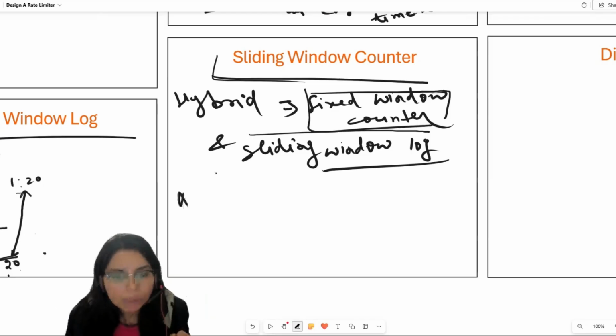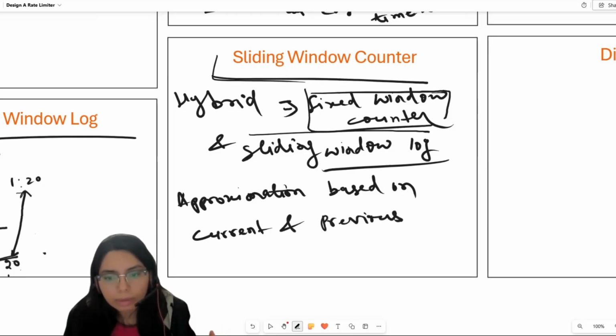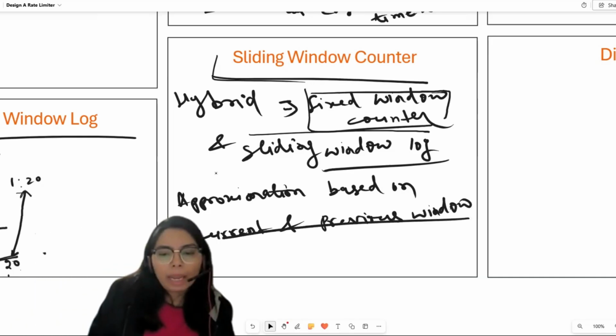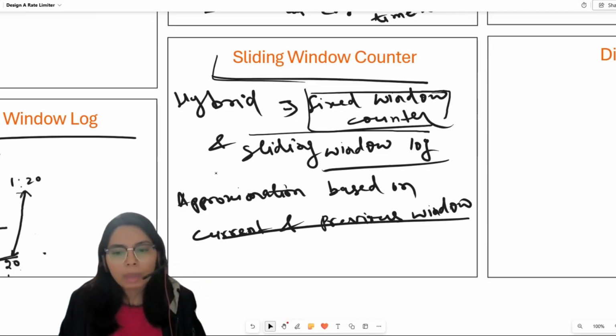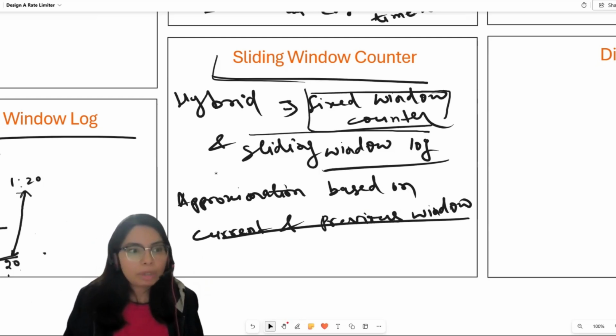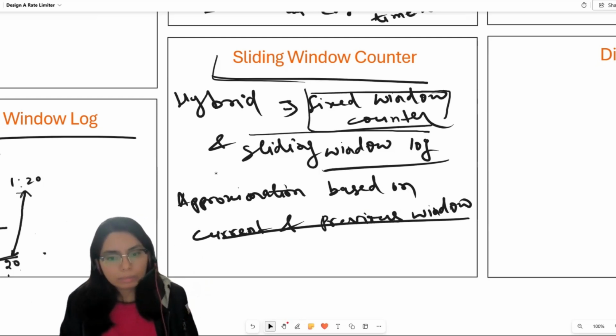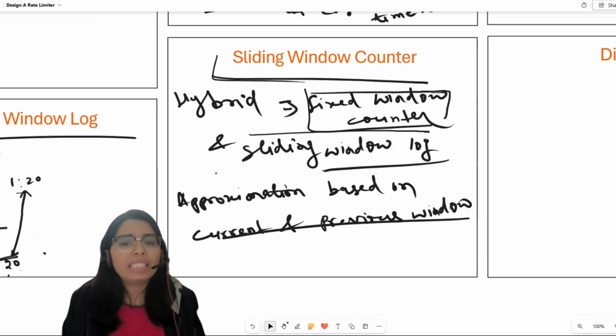It tries to approximate the number of requests based on the current window and previous window, and then it works on the approximation, and therefore it avoids the traffic spike at the edge of the time window. But as we mentioned, the problem with this is the approximation, just the average limit, not the actual limit. So it only works in not so strict